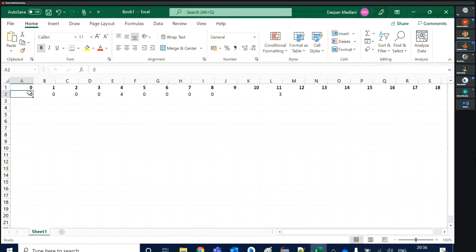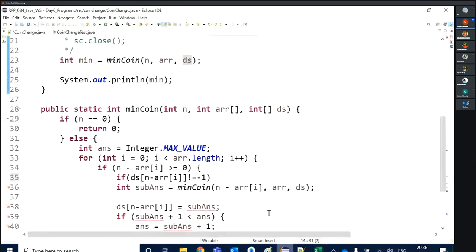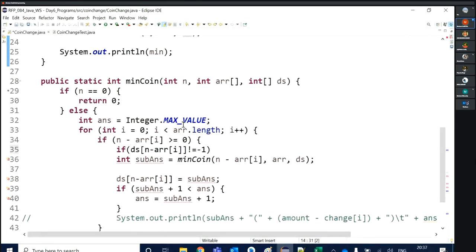Zero. So will this solution work for every amount? No, no, no, sir. So if I'm assigning the default 0, I'm not assigning -1, how can we keep the condition here?